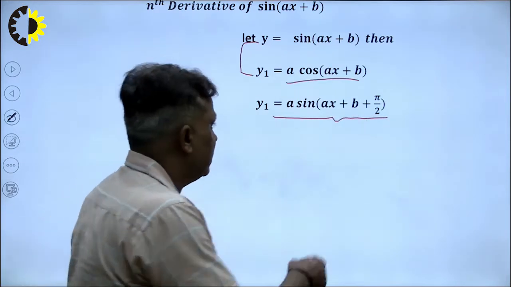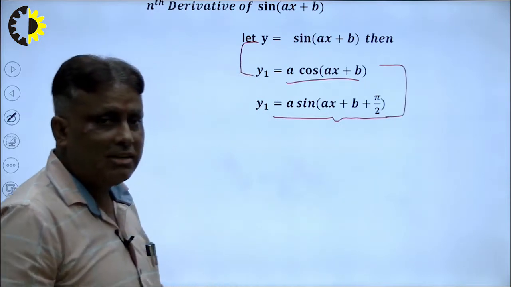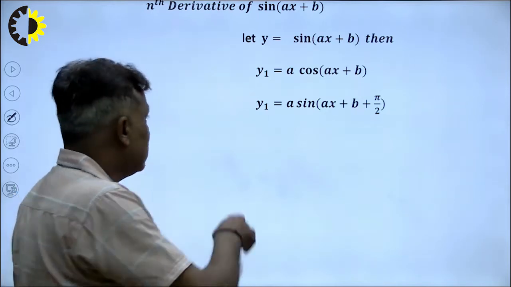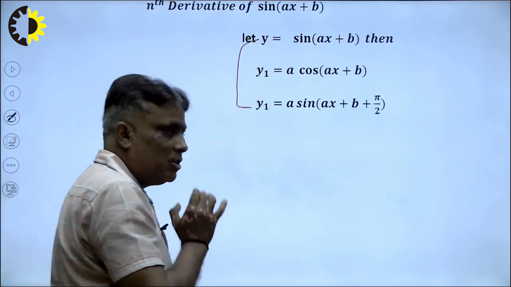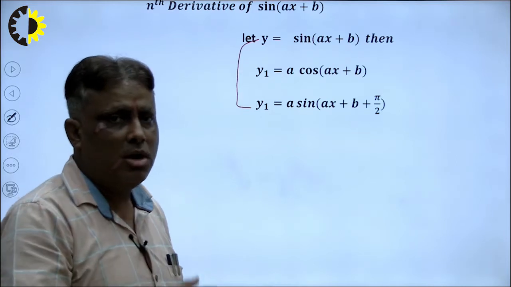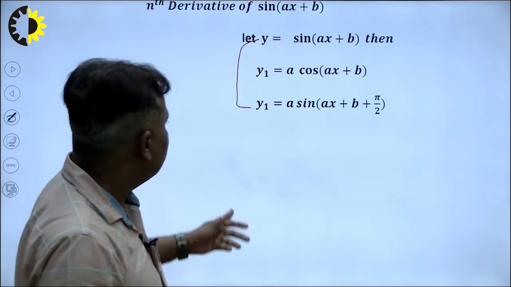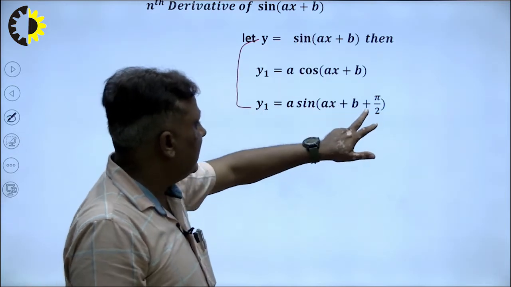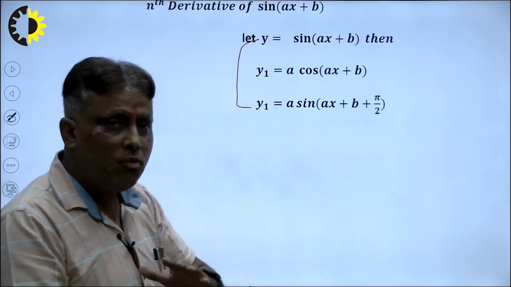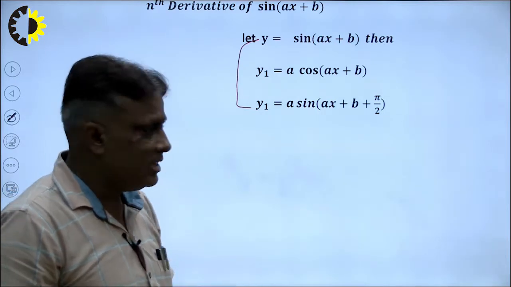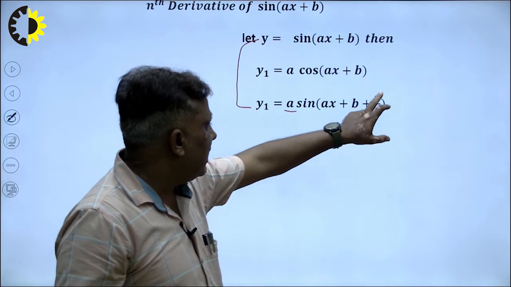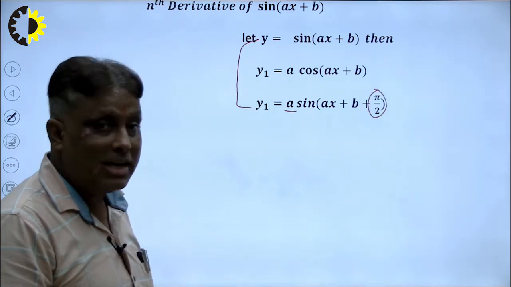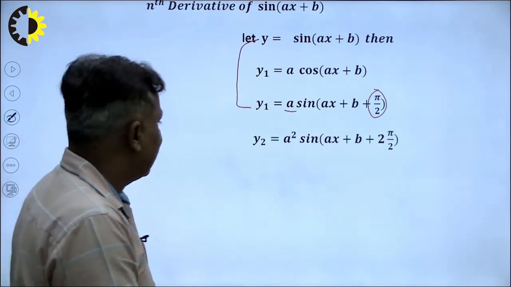These are the same result, but why convert it? Because I want to create a symmetry here. I want to check what the change is, because the definition of derivative is the change from one stage to another. So there is y1, there is a, sin is as it is, but there is a change of pi by 2. That means after one differentiation, two changes arise, one is a and another is pi by 2. Suppose I want to calculate y2 directly here, what will be the result? The result will be very interesting.